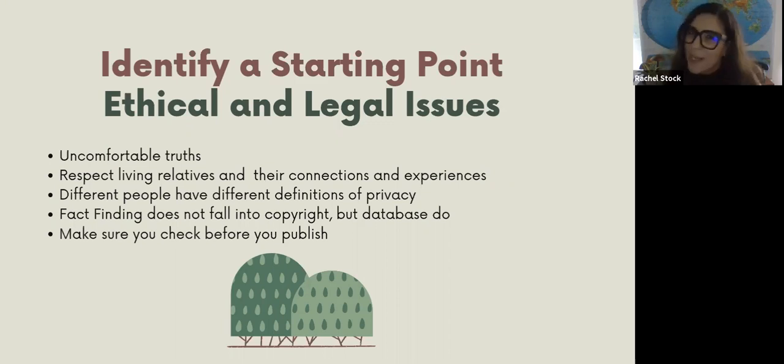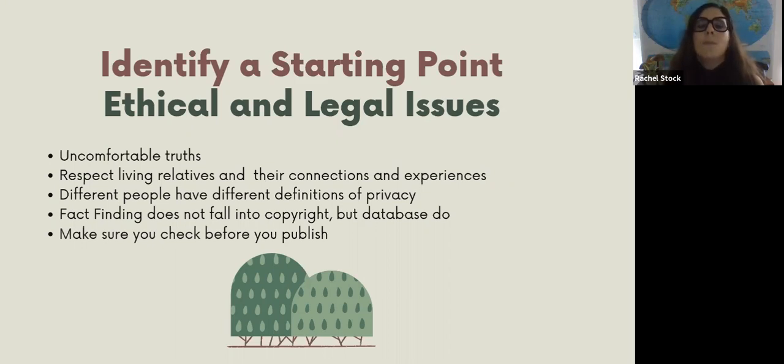wishes. There's a website out there called Living Relatives, and it gives users the opportunity to publish information about their living family members. So that is why I bring that up. I would be very cautious about that website. Again, just remind you that we have to work in an ethical